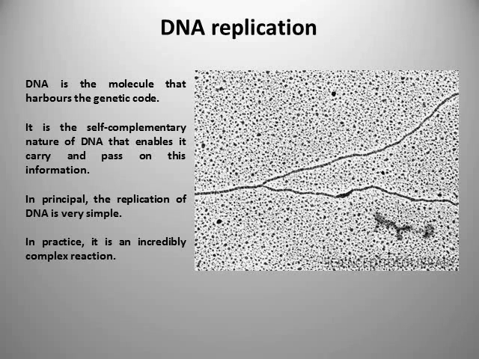So DNA replication. Well, obviously by now I would hope that most of you understand that DNA is the molecule that harbours obviously the genetic code. So the traits which are passed on through generations, the information for those traits obviously is contained within DNA. It wasn't always so obvious that that was the case. Obviously, going back just 50 or 60 years, it was quite a contentious idea that DNA was able to achieve